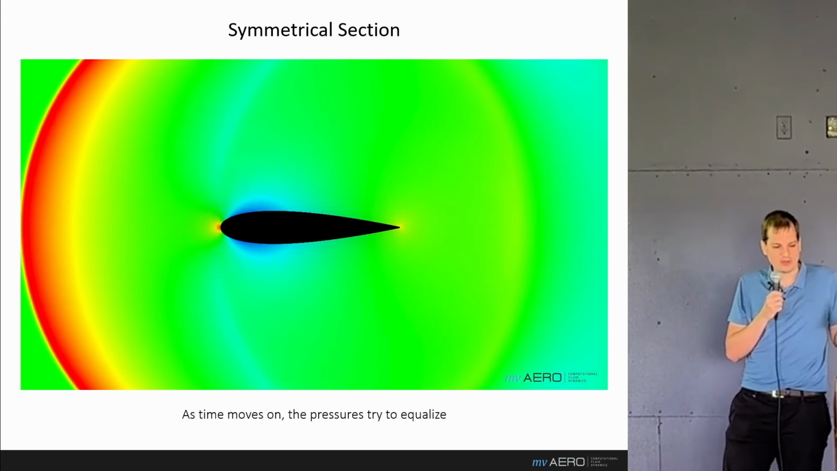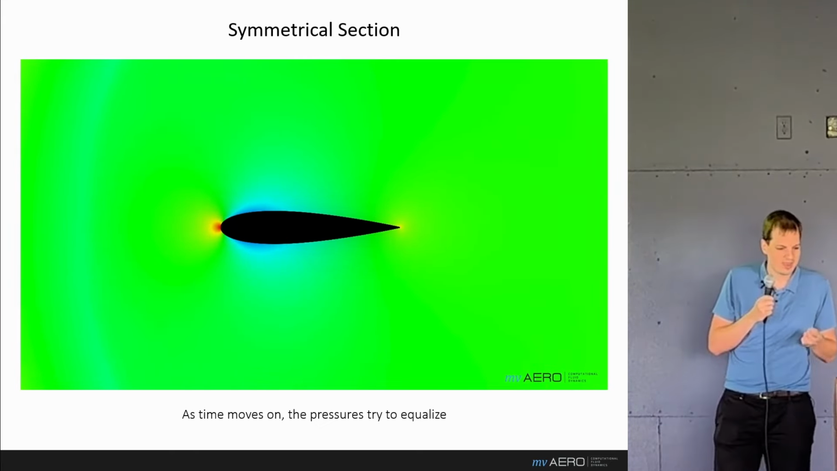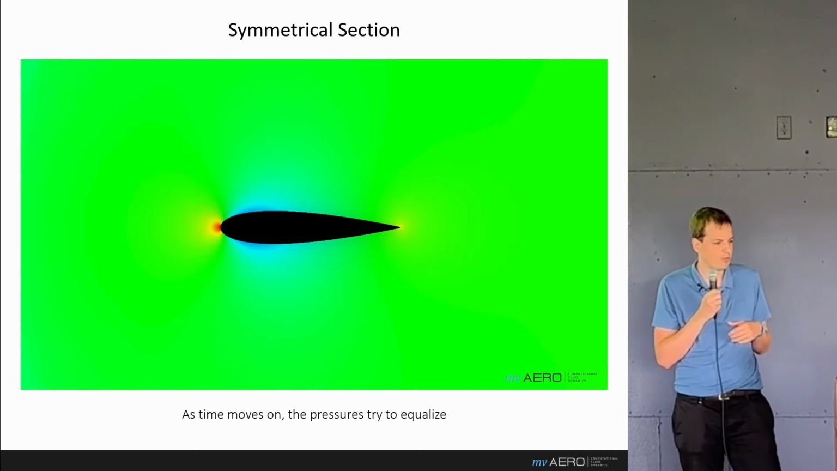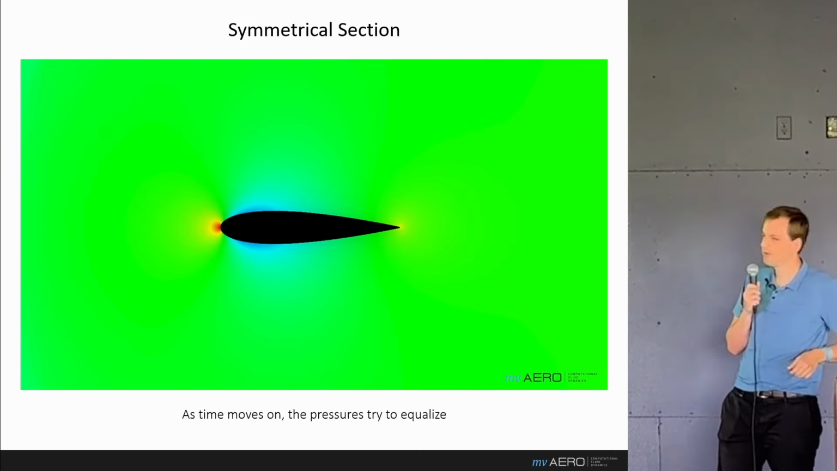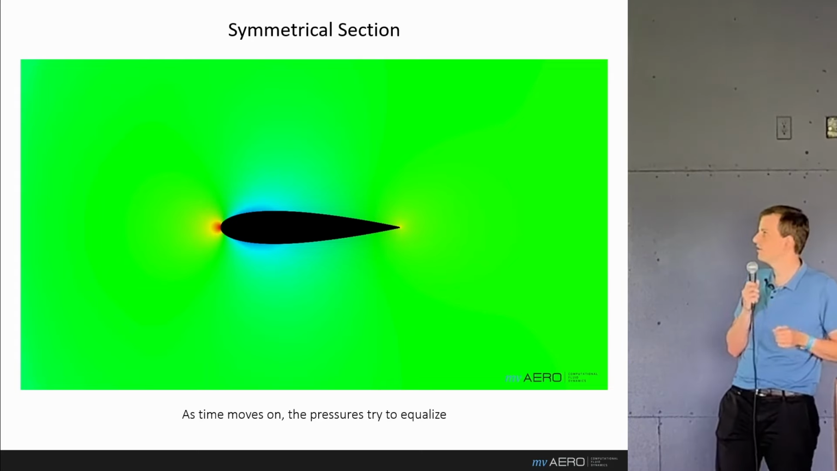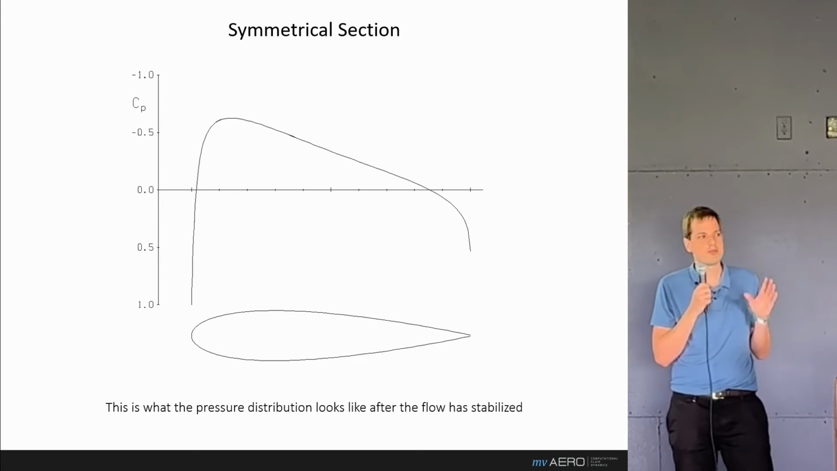And as time moves on, the pressures equalize in the only way that they can. And areas of high pressure resolve to areas of low pressure. And this is probably a pressure distribution that most of you are more familiar with. This is the steady state result. Now if we look at that in 2D and just plot